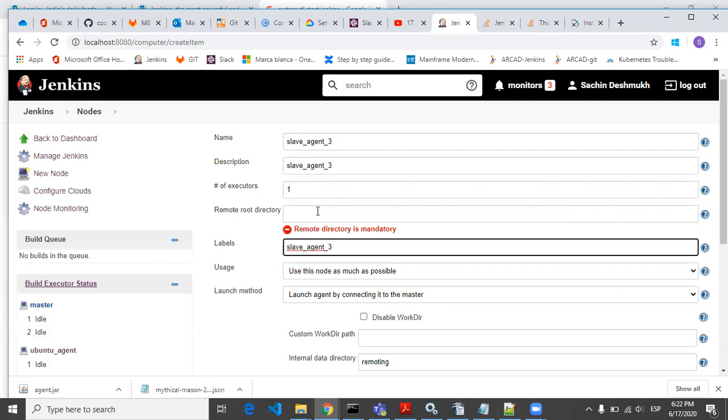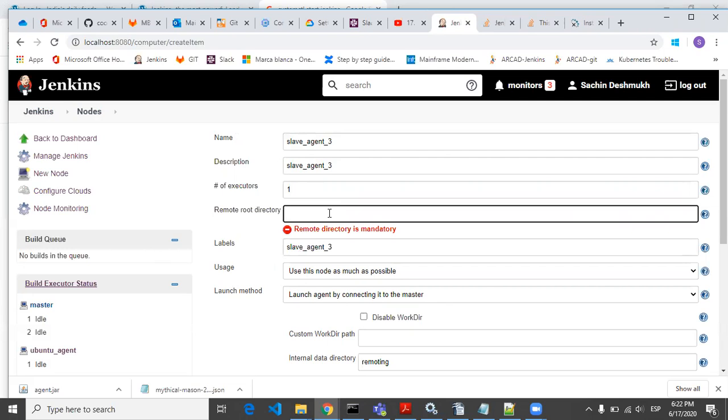Then the remote root directory, this is required. Whenever your job is executed, this slave agent will create a workspace in that root directory. This is running on a local machine.